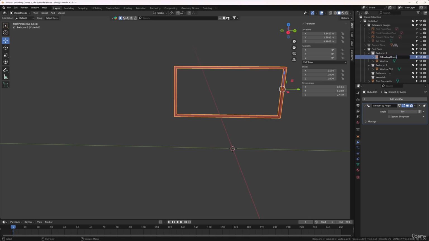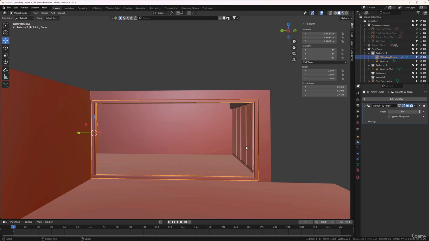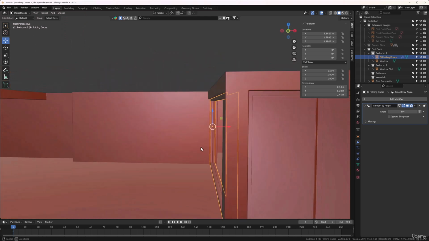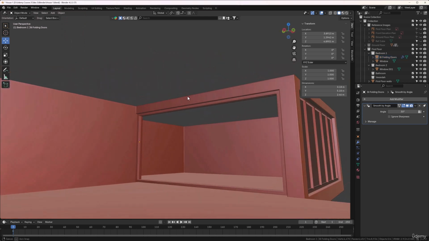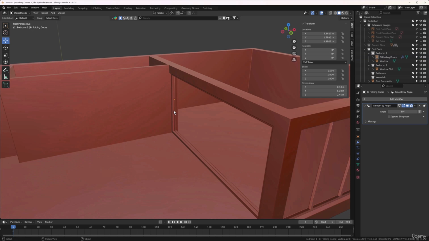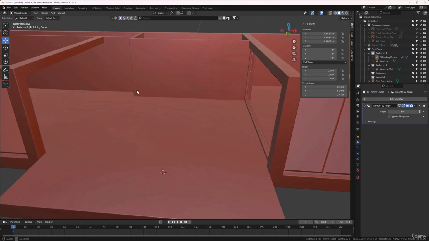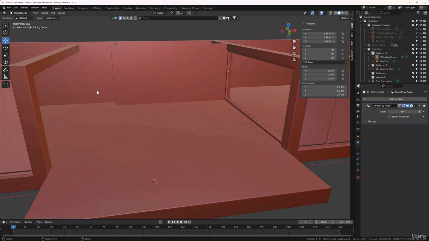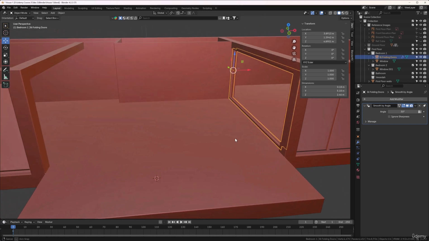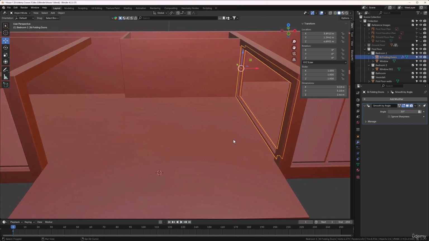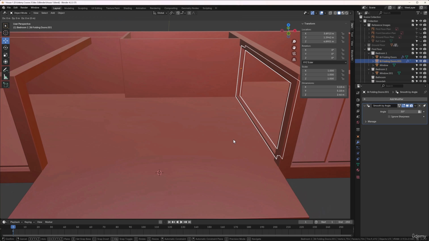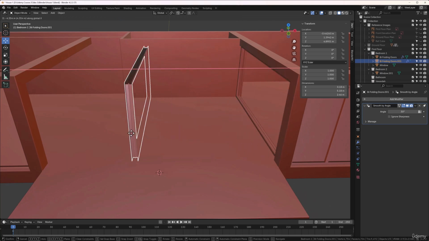There we go. And let's hit the / key to bring everything back and see what our frame looks like. And yeah, I think that's looking just fine. So while we're here, we can actually make a copy of this, drag it over to the opposite side here, and we're going to need to do a little bit of work on it, but let's do that. Let's grab this now, and let's press Shift D and X, and bring a copy over now to over here